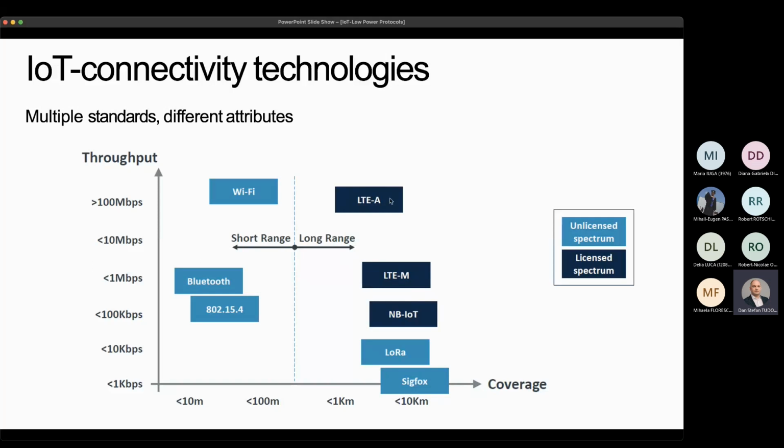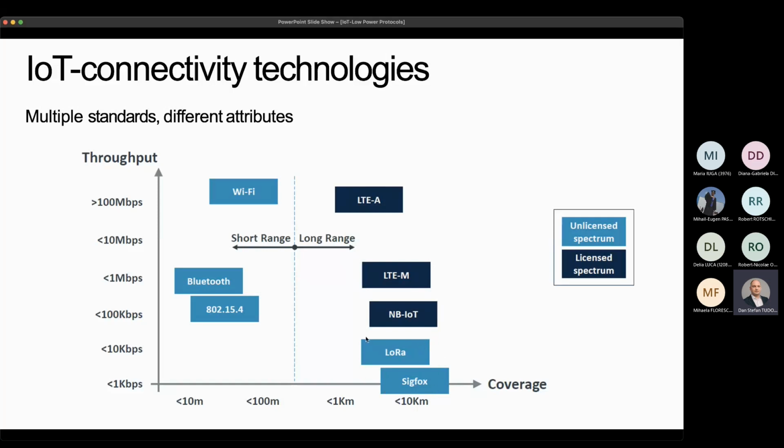LTE-M out of these two is the lower bandwidth variant, so you can actually achieve very good performance with LTE-M over long distances, and you can still conserve some battery lifetime. NB-IoT is something similar to LTE, again, spread spectrum, and then LoRa and Sigfox are